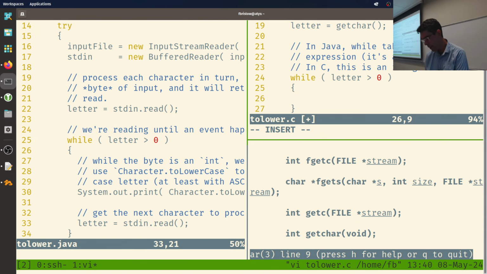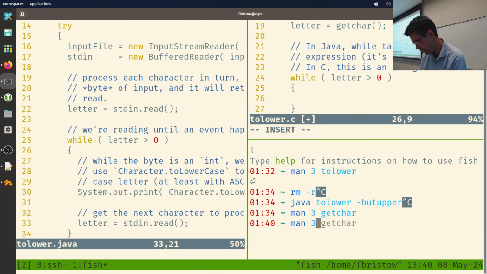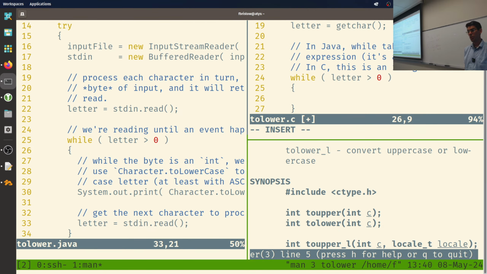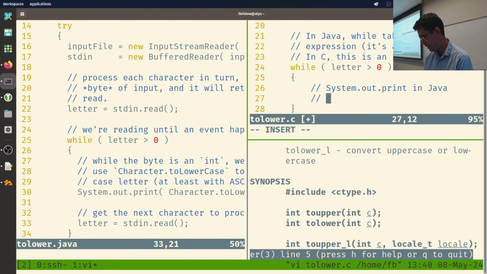So I want to quickly open up my manual page for toLower again. toLower takes an int and it returns an int. Okay, so that's good. That's kind of what I want. To print something, I can use one of two functions. One of them, System.out.print in Java. In C, I can use either putchar, so we've got getchar, read from standard input one single character, putchar, put one single character to standard output,